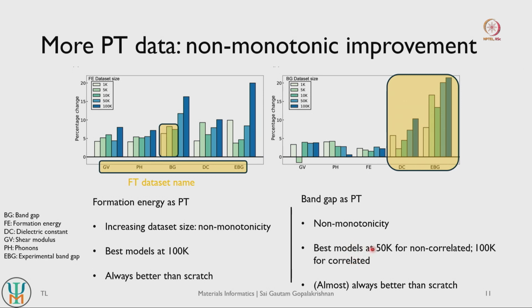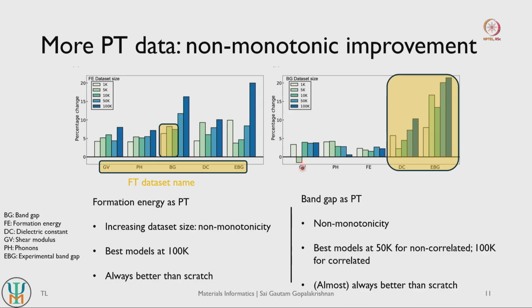We can attribute this variation compared to formation energy to the way that the band gap data set itself is structured, right. So formation energy is a more normally distributed data set, so it has values ranging over the entire standardized normalized range, from -1 to 1. Whereas in band gaps we have a very skewed distribution of data points, so we have a lot of data points very close to -1 and very few data points close to +1. So that skewing also affects how well band gap can influence the learning of your model during the pre-training step.